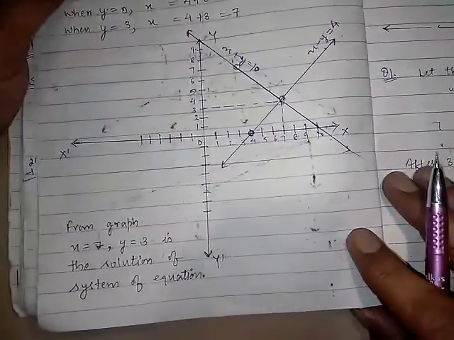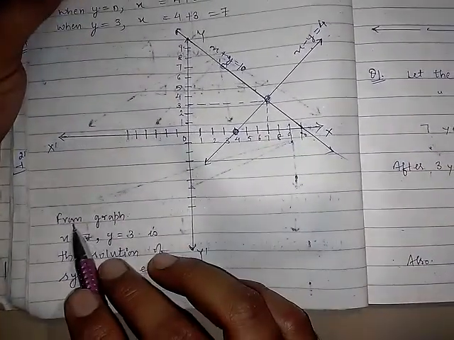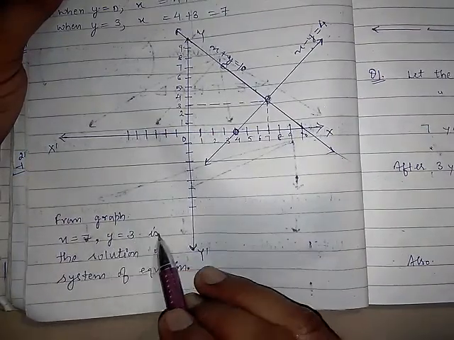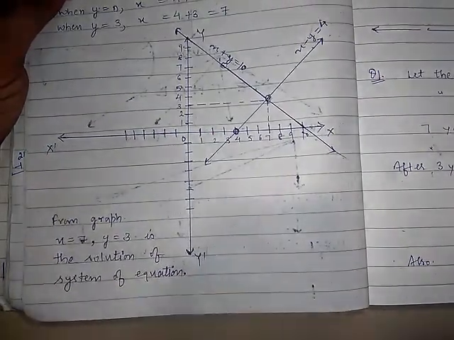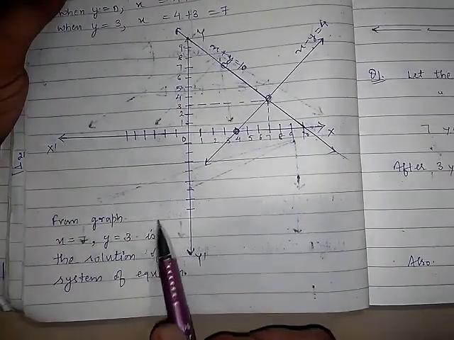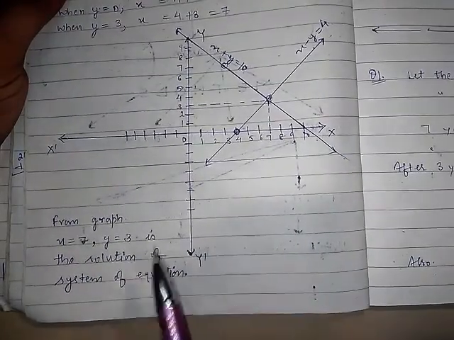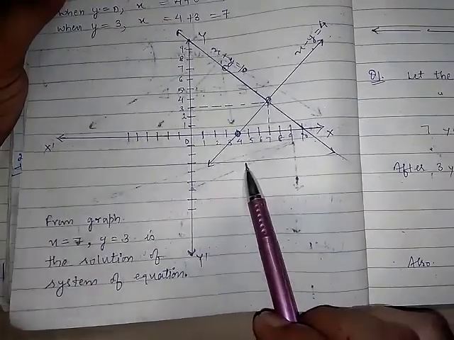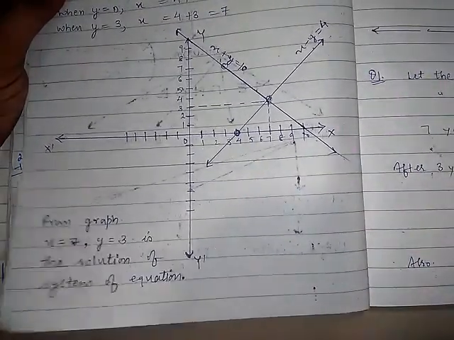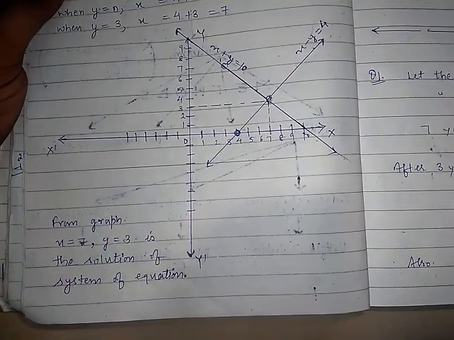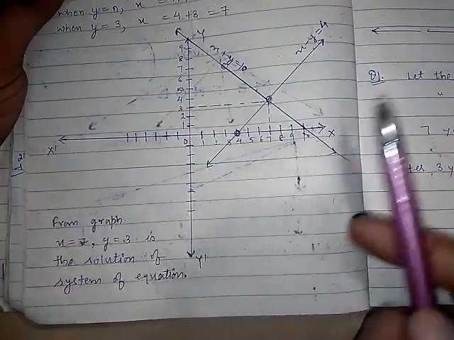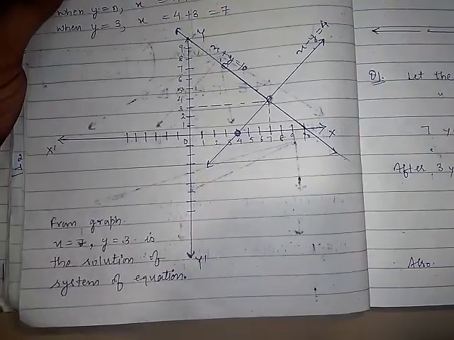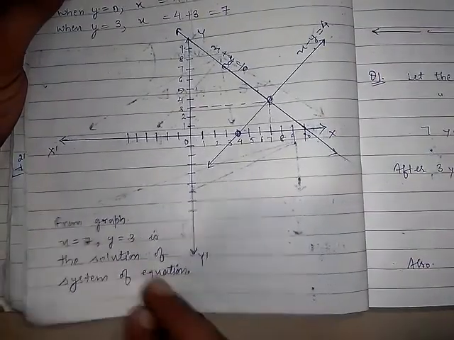So here on the graph paper, in the last you have to write down from the graph: it is clear that x is equal to 7 and y is equal to 3 is the solution of the system of equations. It is mandatory to write down, otherwise your marks will definitely be deducted. Why? Because this method is for finding the solution. If you do not write this down, it means you are not writing the solution. So that's why I am telling you it is mandatory to write down this line in the last of the